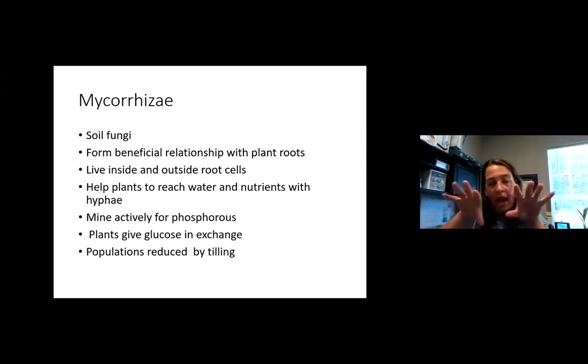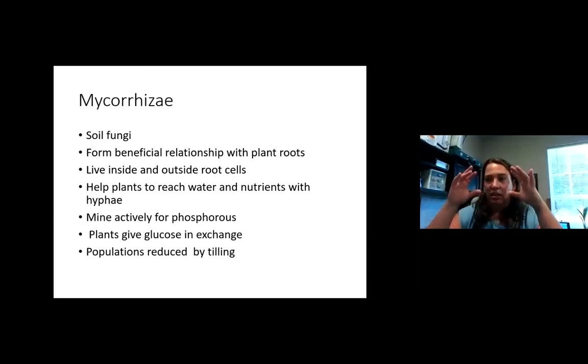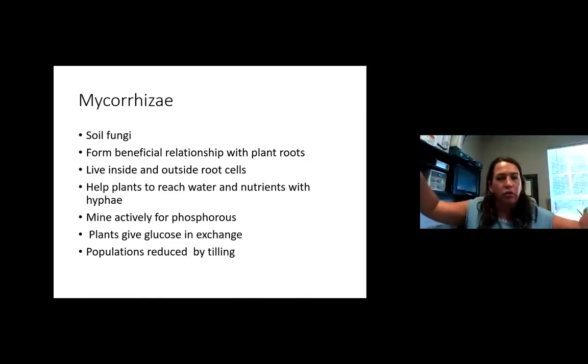And these fungi actually send out their hyphae, these long, thin strands, and it goes in search of water and nutrients. So it actively quadruples the root size of the plant, because it's bringing back nutrients and water well beyond the reaches of the plant's roots. And in exchange for this, the plant